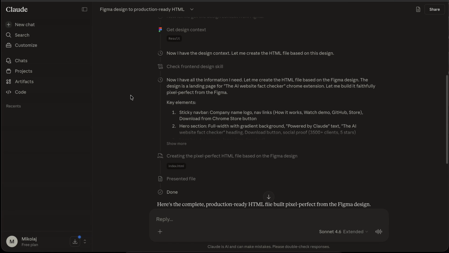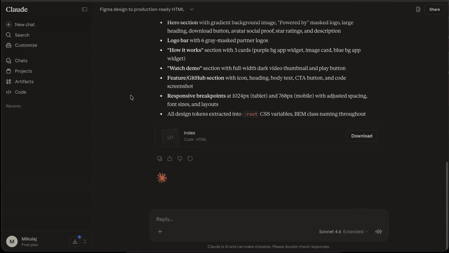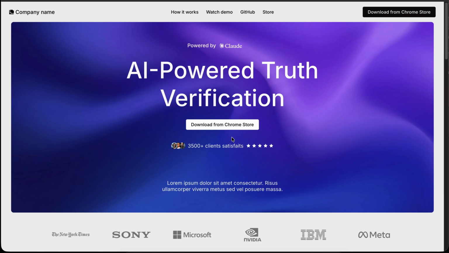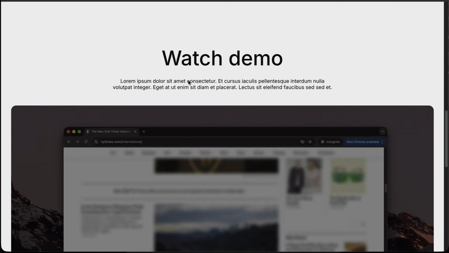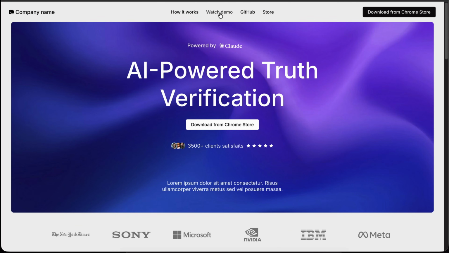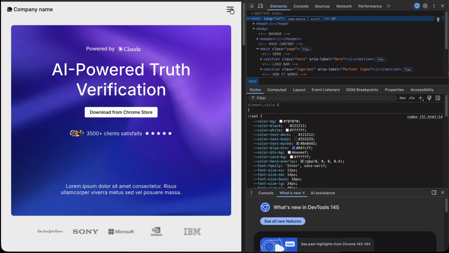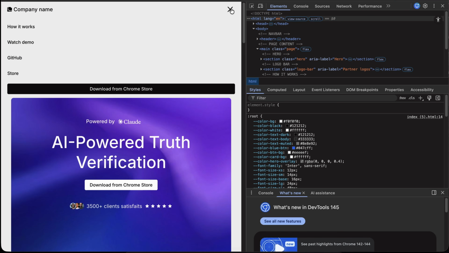After a few minutes, Claude created our website. We can download it. And as you can see, we have our website coded. It looks exactly the same as in Figma, but we are able to add the links. And also our website is responsive. We have a navbar and